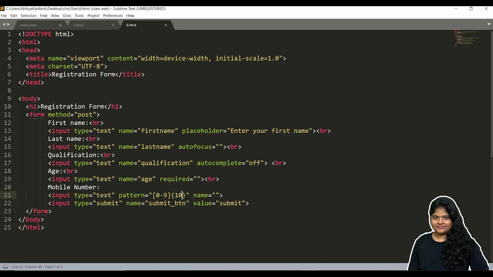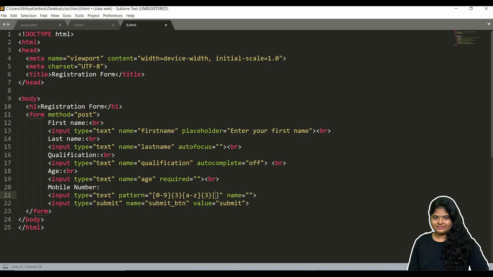So this is pattern. We can use this pattern for a password also. In case of a password, for example, we want to give 4 characters, 1 uppercase, and numbers. For that we just combine like this. For numbers, we can have 3 numbers. For characters, a to z, small alphabet, it should be exactly 3.